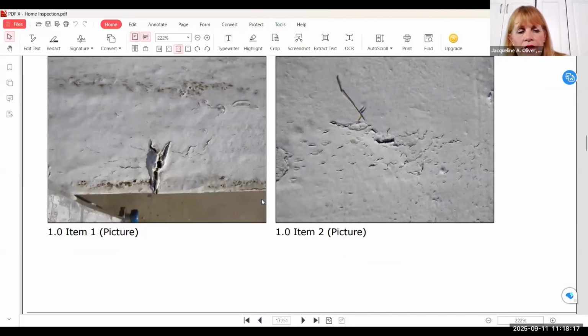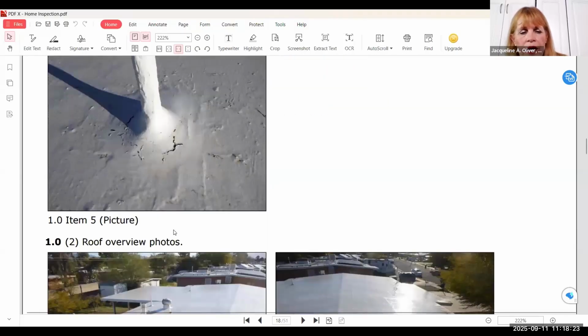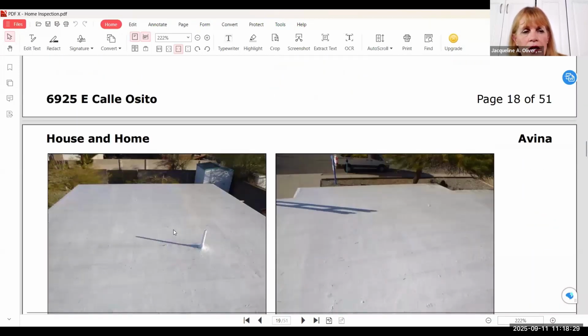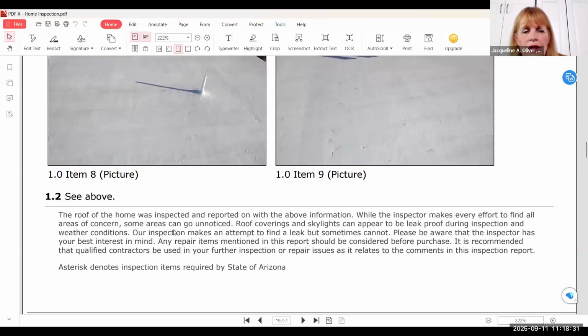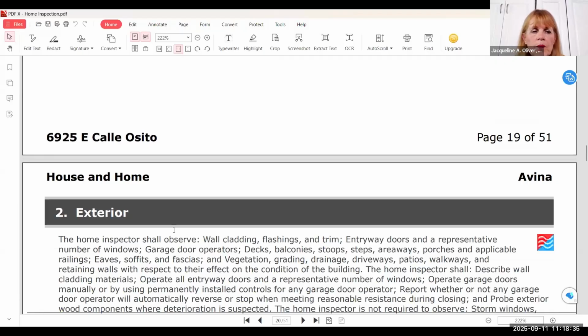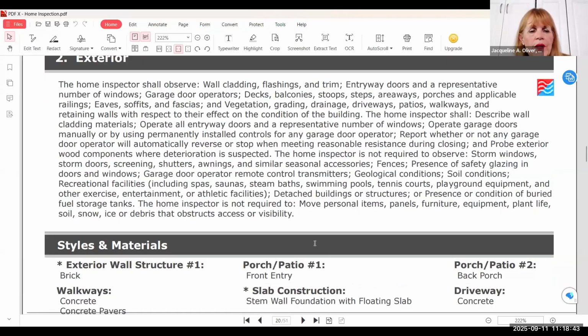And again, this is the roof. I think this is the slide that first came up. It's a rolled roof and has some issues. They have a vent pipe coming up here, and of course that's not sealed. These are a rolled roof, and then they're painted every year. I will say that the property is in Arizona, so it's a hot area, and so they want the roofs to be white, so they're not so hot.